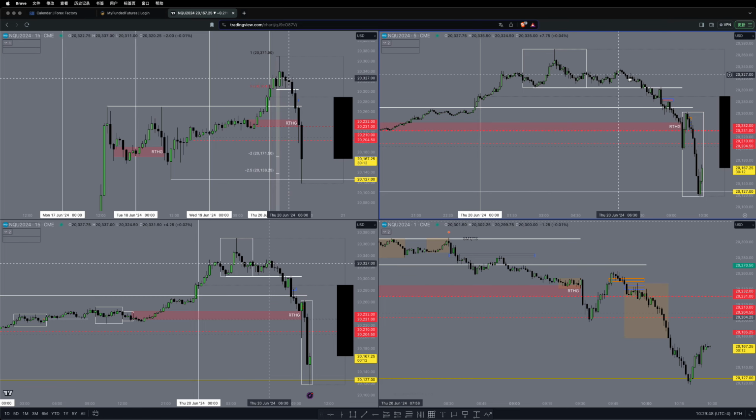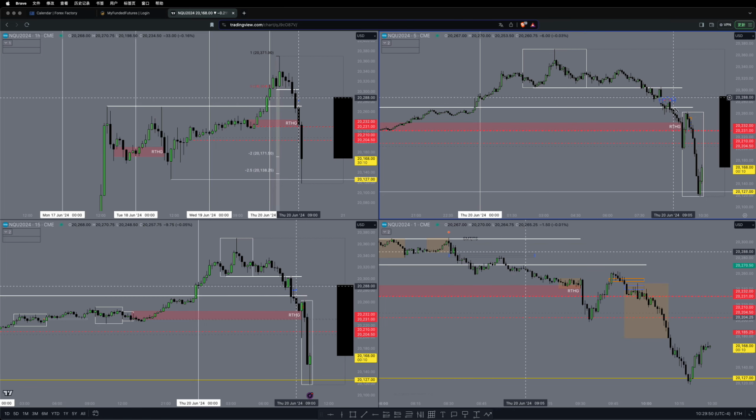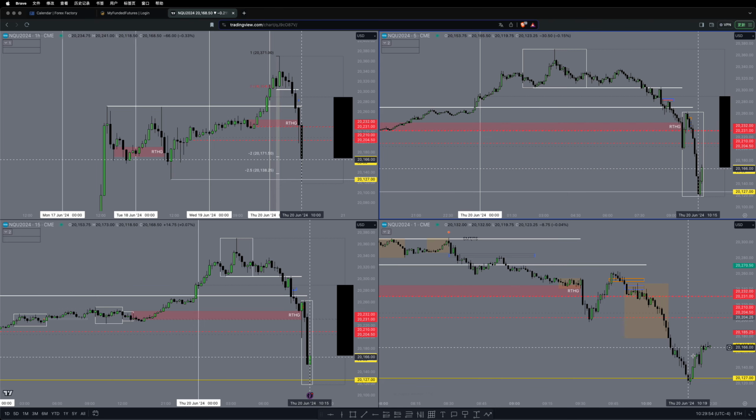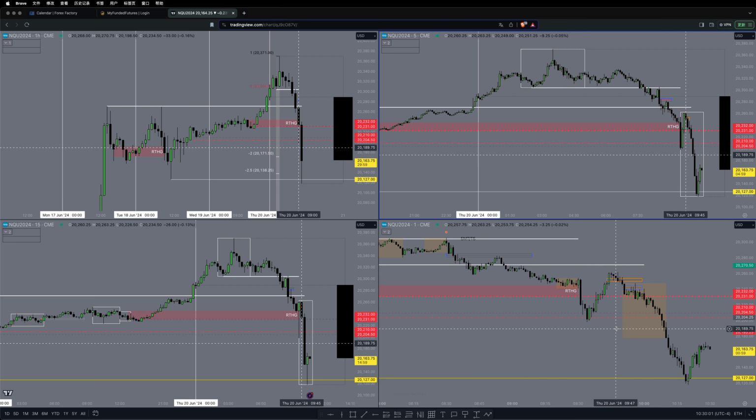Somehow price just starts to drop, and it just keeps on dropping, those types of moves. It just drops. And another type is